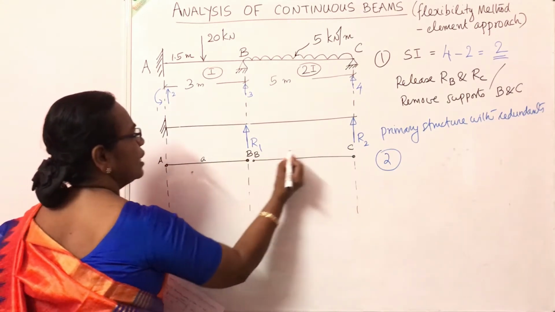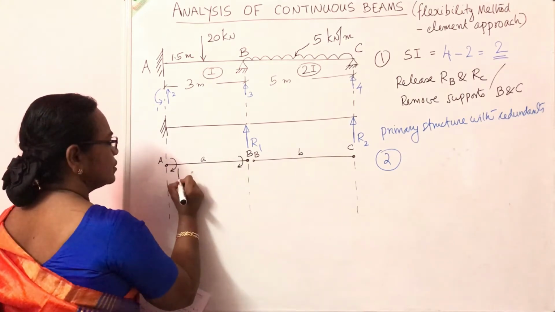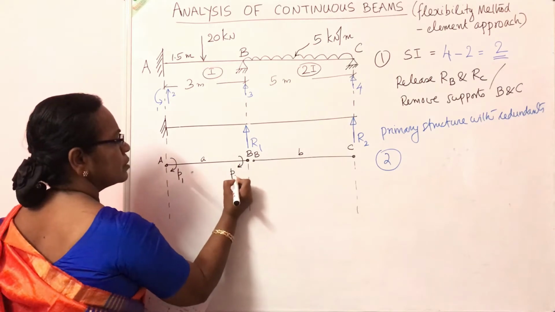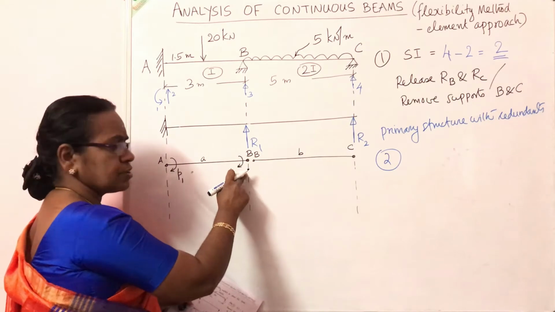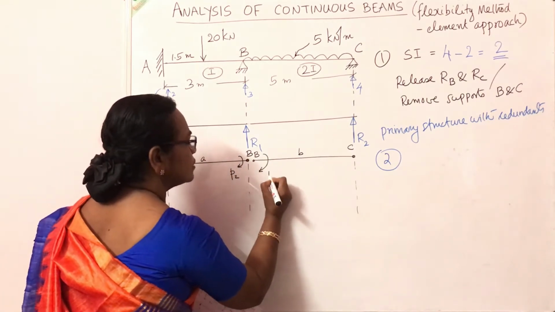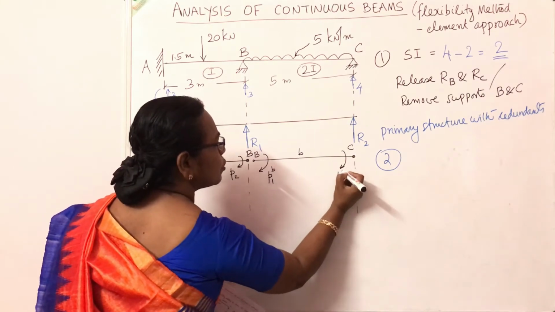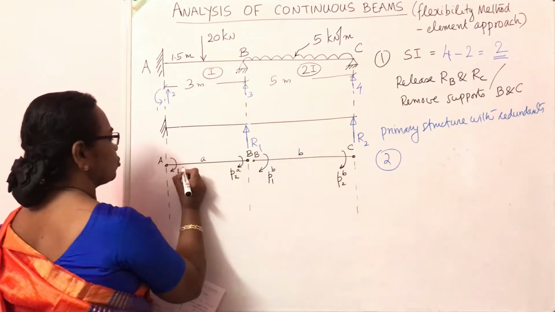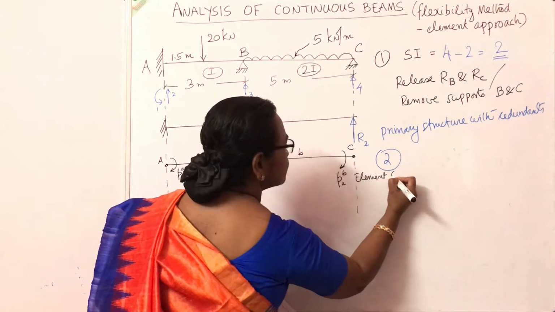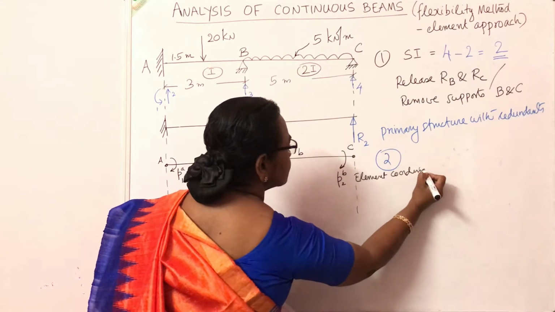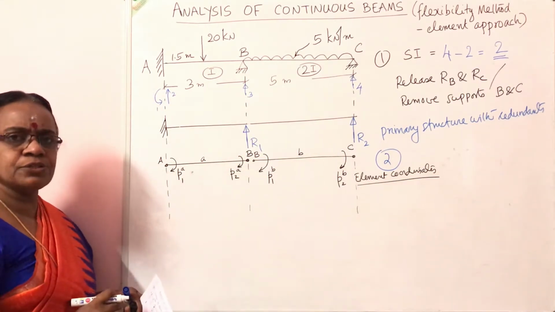As you see, this is A, this element is B, and I am considering the moment coordinates. This is the element force P1 at the end of the first element, P2 at the second node of the first element. Similarly here, this is P1 of B, P2 of B. These are P1 of A and P2 of A. These are the element coordinates chosen for the problem. The total structure is divided into two elements.